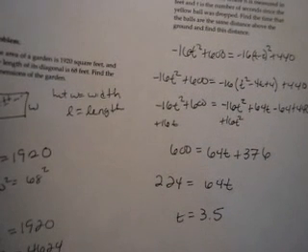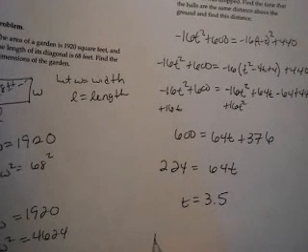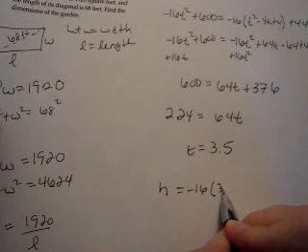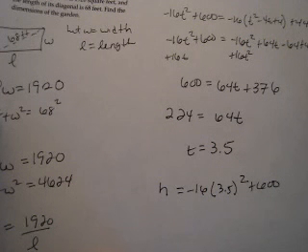3.5. So it takes 3.5 seconds after the yellow ball was dropped for both of these, the yellow and the white ball, to be the same height above the ground. Now what is that height? Well, let's plug it back into the easier equation. The height would be h is equal to negative 16 times 3.5 squared plus 600. Okay, so let's see, 3.5 squared times negative 16 plus 600,